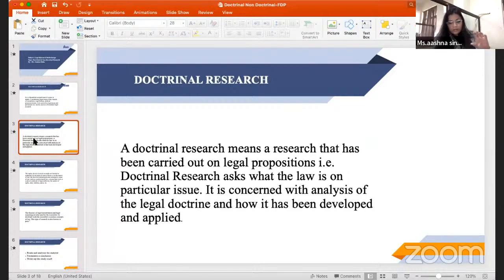So in doctrinal research, we concern ourselves with some legal problem or issue or question that has been referred in the theoretical form, and we take those problems, those issues in question and try and resolve that through our research. So research is all about bridging the gap that is there, and you as a researcher try and fulfill